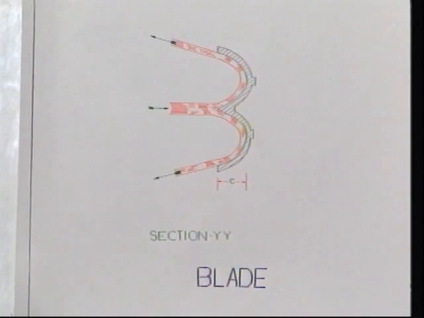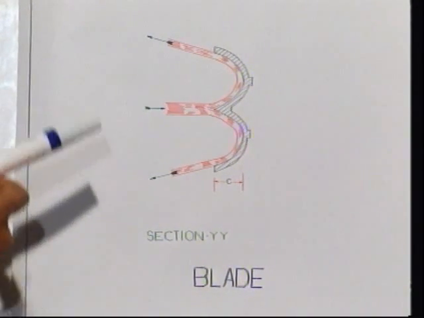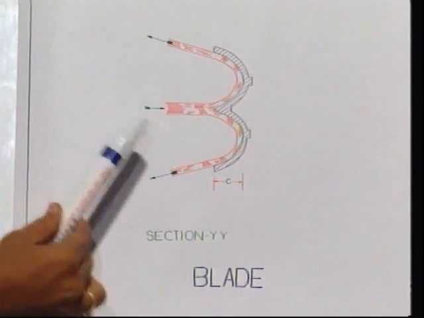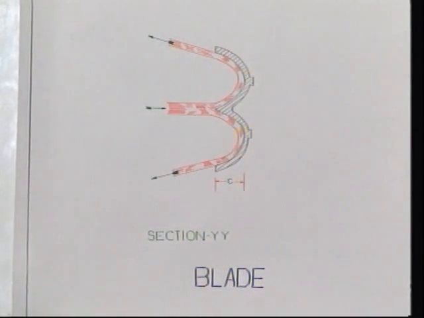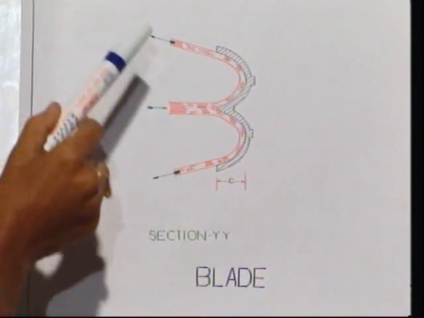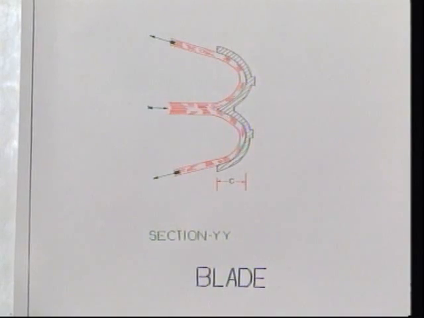which you have already learned in the previous chapter, that is impact of jets. So if we can make this as near to 180 degrees, we can get more force and more efficiency. So we keep this angle as 165 degrees, or we keep the angle of blade as 15 degrees.